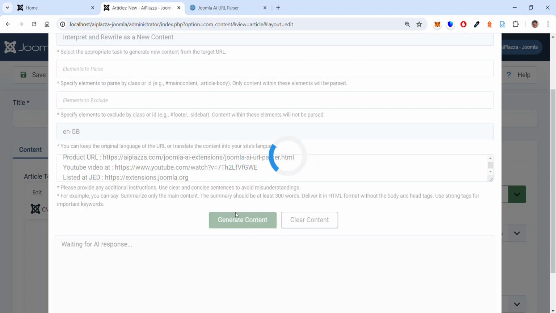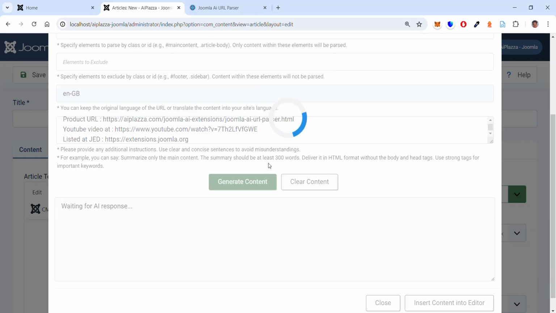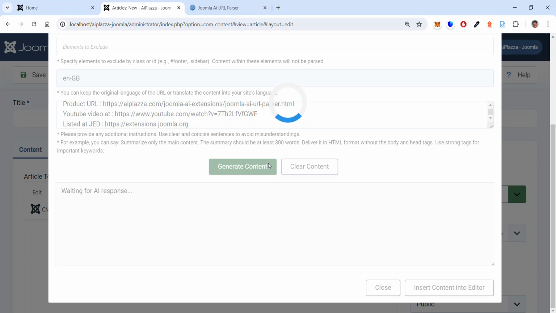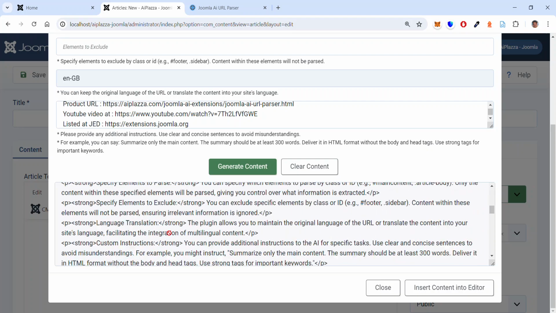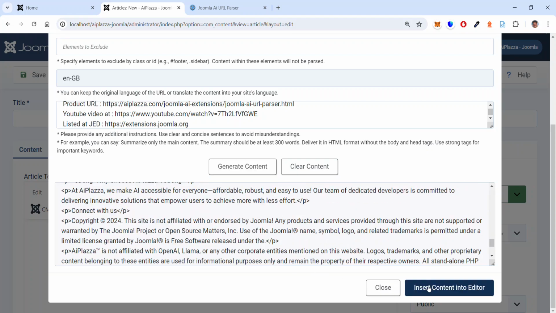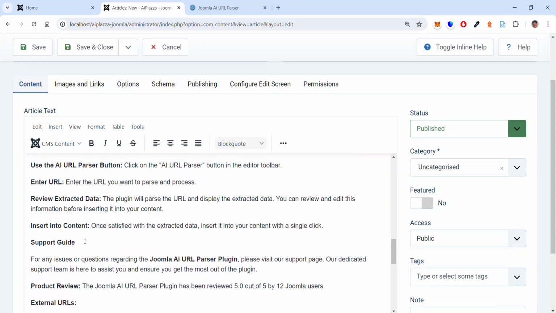Now it is connected to AI Plaza, and it is preparing the content. It may take a few minutes, maximum 2 minutes. Okay, it's prepared, and I click insert, and you see,